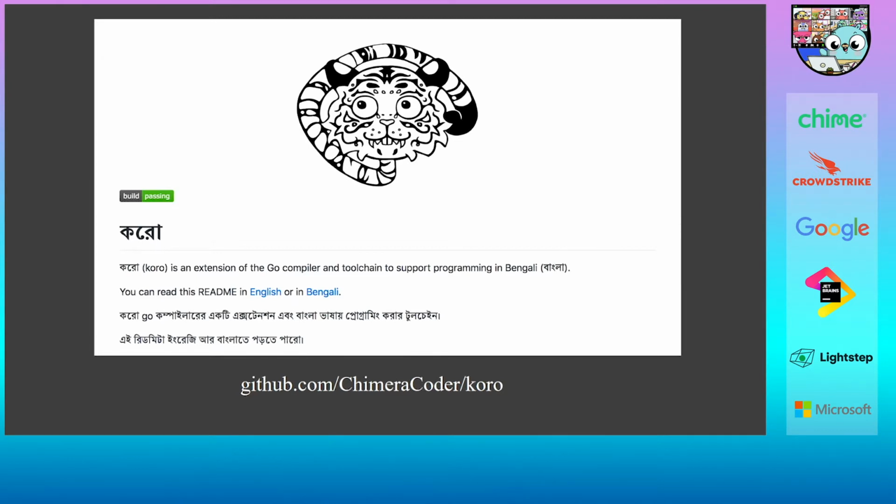And importantly, it's also a language that uses a non-Latin script. If we can prove that we are able to translate Go to languages not just that have Latin scripts like French and German, but to languages that have other scripts, that opens up the possibilities for translating Go and making it accessible to people who speak a whole wide range of languages all over the world. But of course, nothing that I'm going to show you here is unique to Bengali. So if you speak another language, I'd encourage you to try it out yourselves.